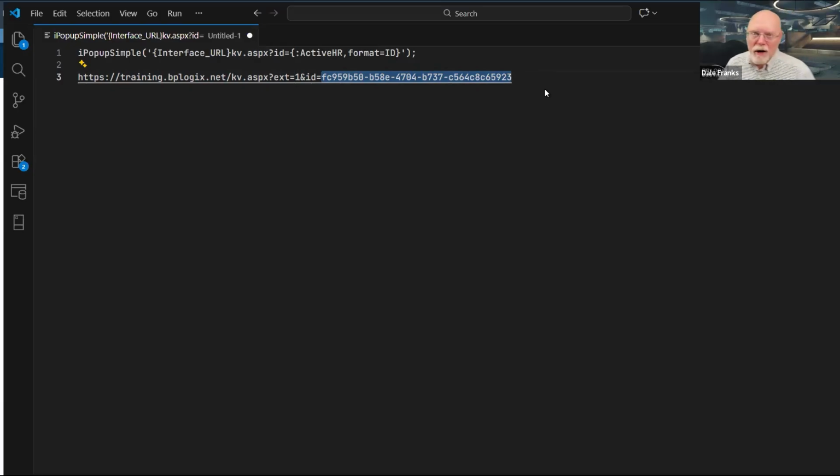GUIDs are unique. When I create this knowledge view by importing it into my production server, my ID is going to change. And of course, because it's on my production server, my server name is going to change. Both of those things will be wrong. So sure, I could hard code it right now for a demo and it would work and it would look amazing, but I can never use it on any other system.